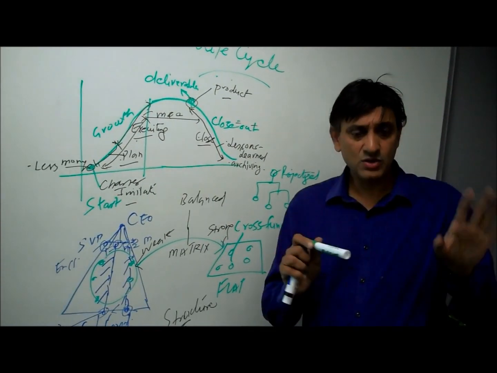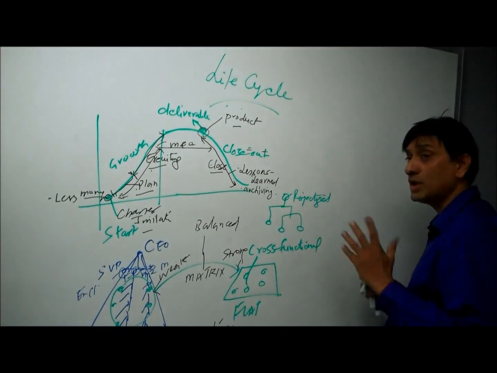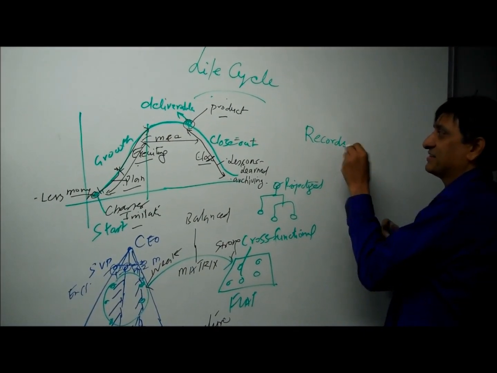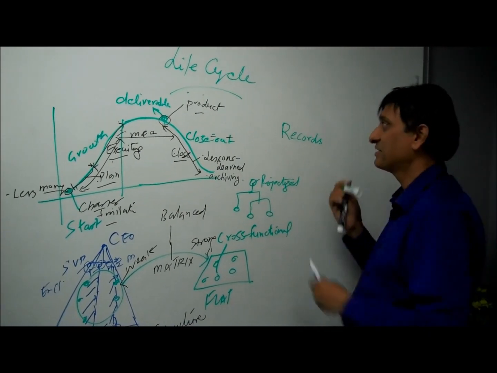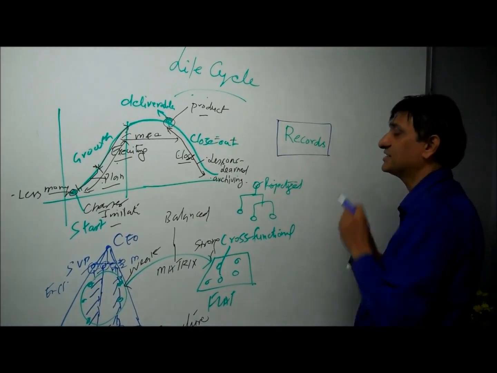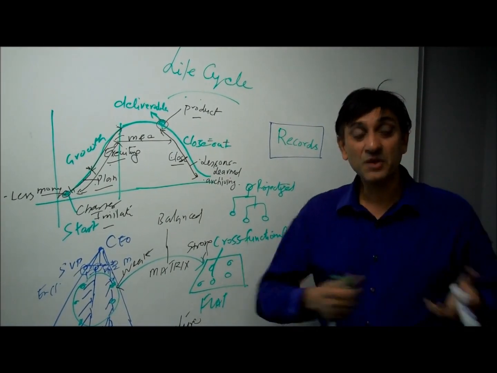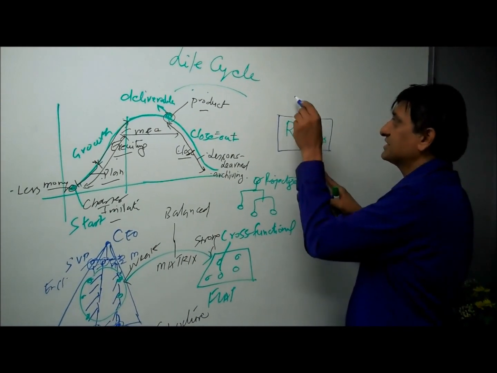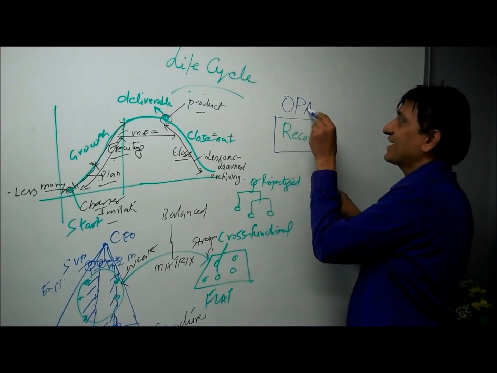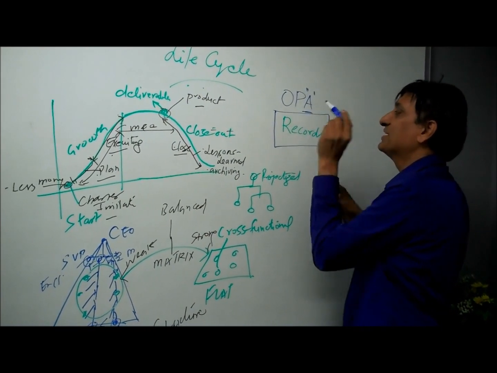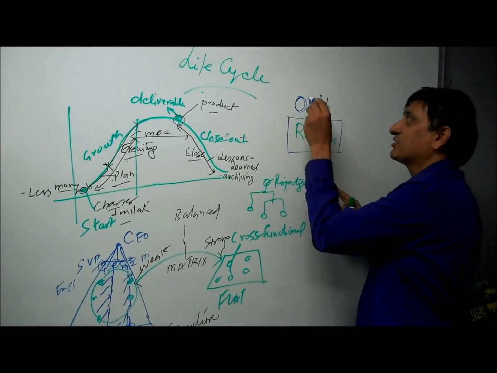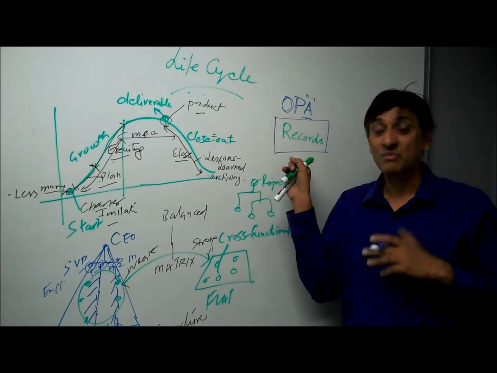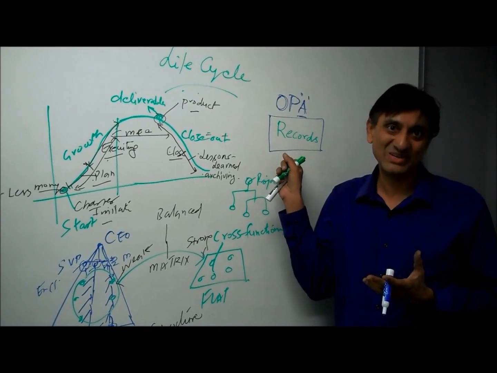And lastly, I would like to talk to you about two things, friends. When you are implementing projects, do you think your records from your last project will help you? Sure, right? Your files, your records, your database, your project management information systems, all that help you, friends, and that is called an organizational process asset. It is an asset because it is helping you, and it is stored in the organization in terms of a database or an archive, and that will help you in your current project. So if you're building iPhone 5, iPhone 4 will actually help you.